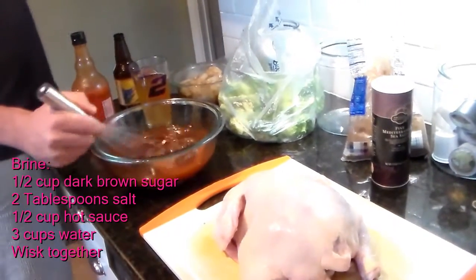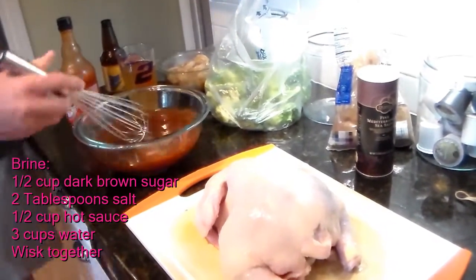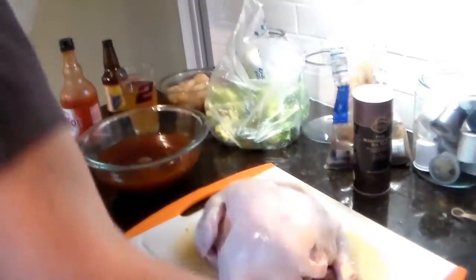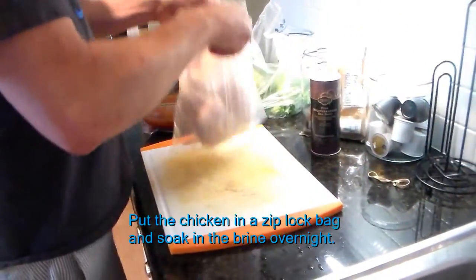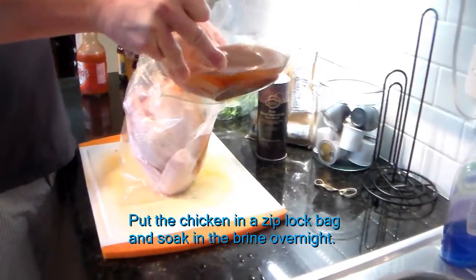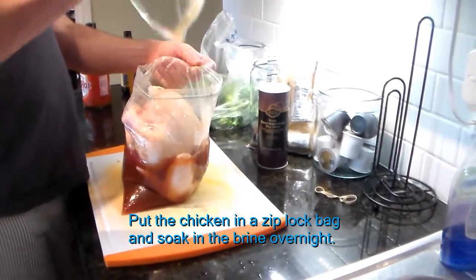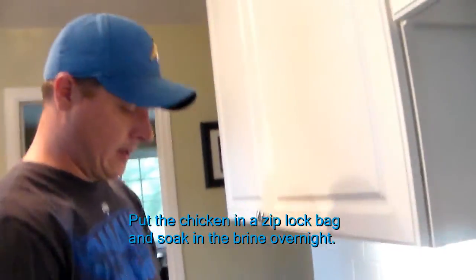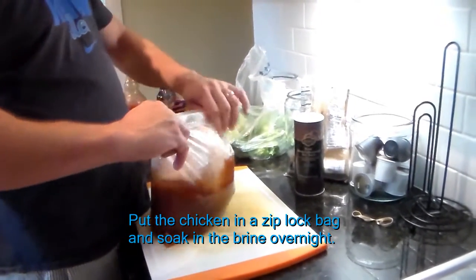You may think that this doesn't sound like it's going to be very good. Trust me though, folks, it will. So, got a gallon Ziploc bag. We're going to put our bird in the bag like this. Dump our brine on it like this. There we go. And we are going to let this bad boy soak until tomorrow when we put her on